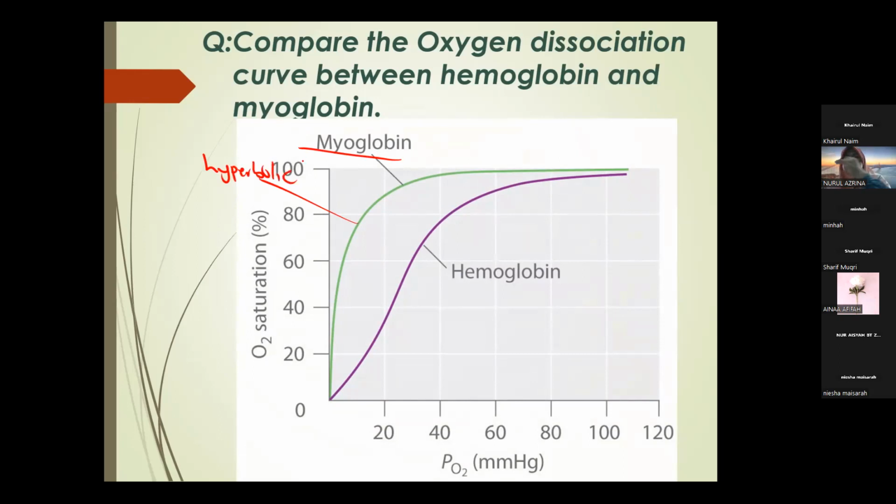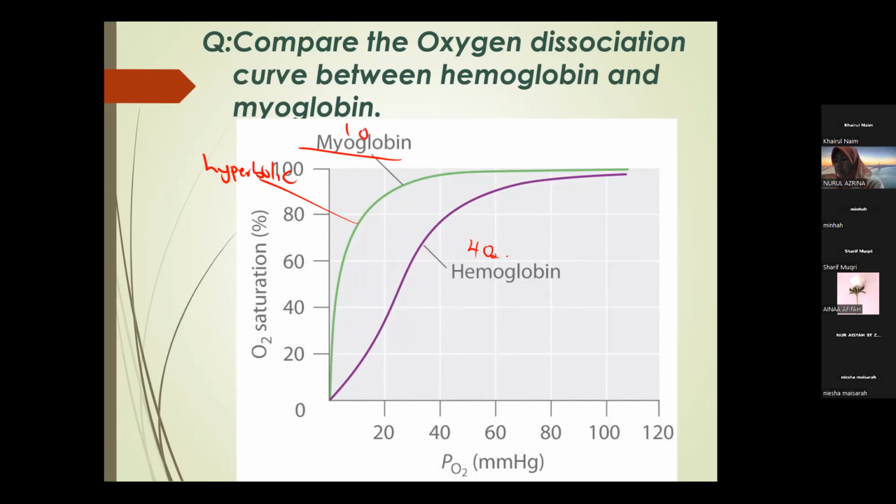The curve is hyperbolic, not almost sigmoid like the normal oxygen dissociation curve. Right? So you can see from here. What does it mean? Okay, before that, let me ask again. Myoglobin can carry or store how many molecules of oxygen? One, madam. Just one. So each myoglobin molecule can carry or store 1 molecule of oxygen compared to hemoglobin that can carry 4